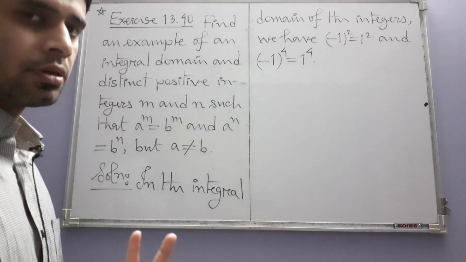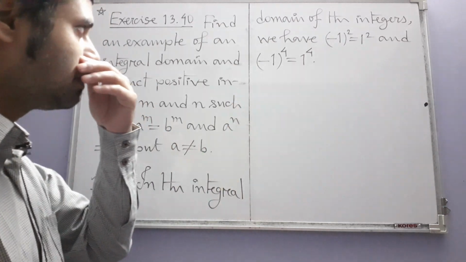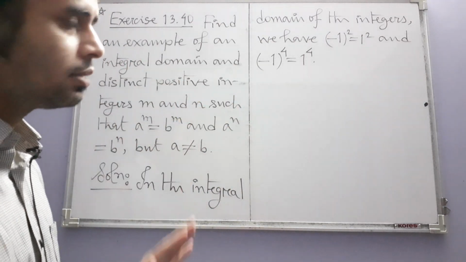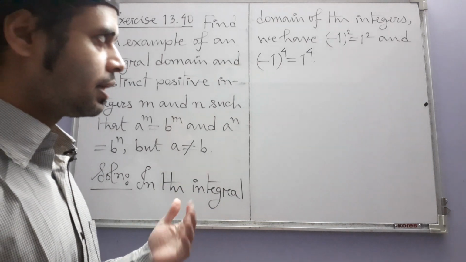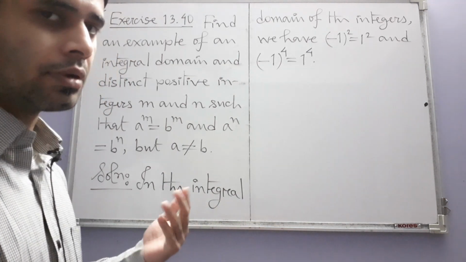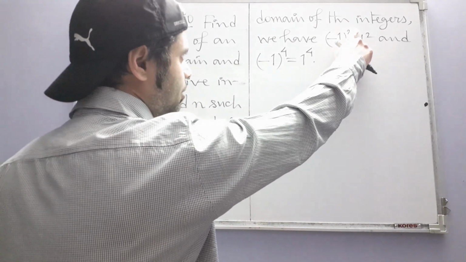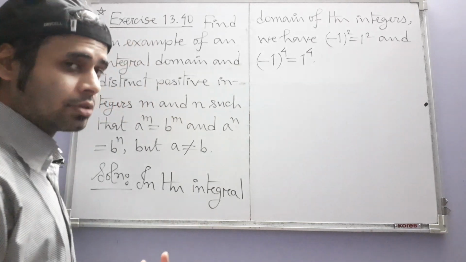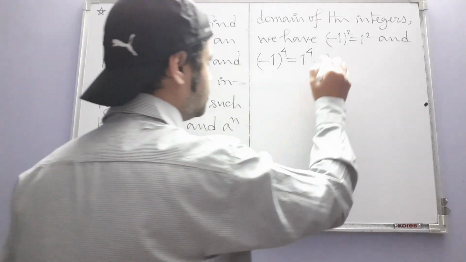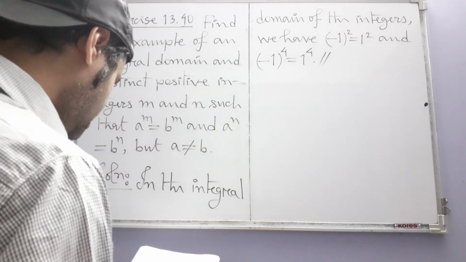And we of course also have the fact that minus 1 and 1 are distinct. They are not equal in the ring of integers. They are equal only in the two element field having 0 and 1. And clearly our m and n values are also different. So this is an example. This is the solution. Next,